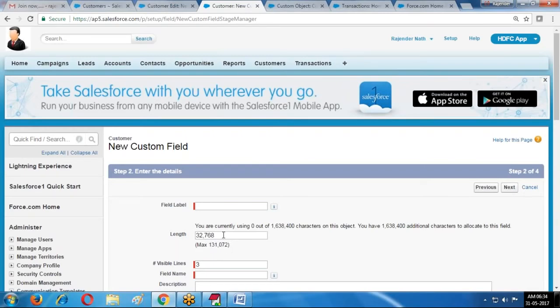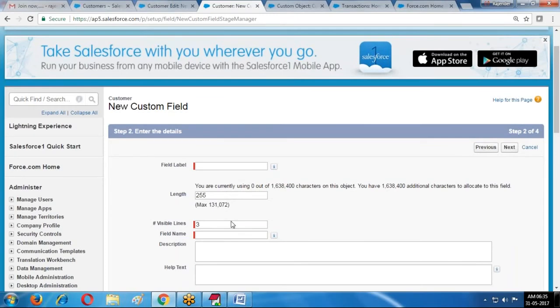Text area allows up to 255. If you want to store more than 255 characters, then only you go for the text area long format or text area rich format.